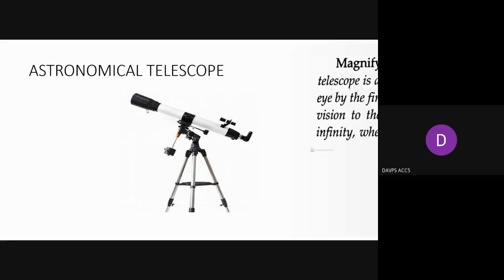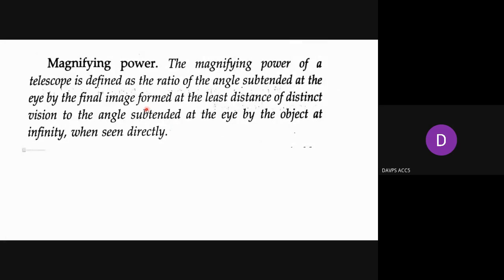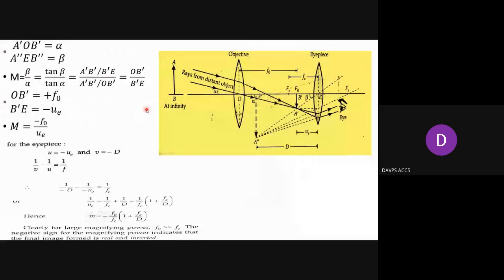If you look into that diagram, what is the principle of that? Look at the ray diagram: how is that image formed? This lens which I showed you is the objective, and this is the eyepiece. The objective has a large focal length and large aperture compared with the eyepiece. But in the compound microscope, it was different. It was the small, it was the large.